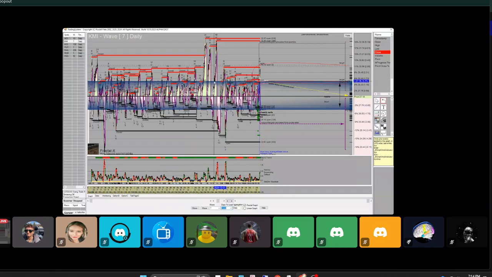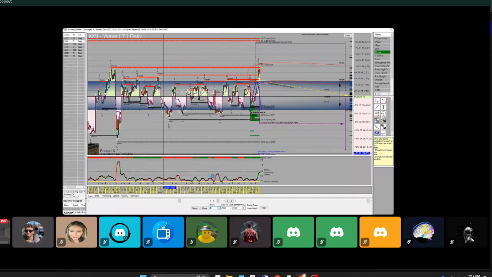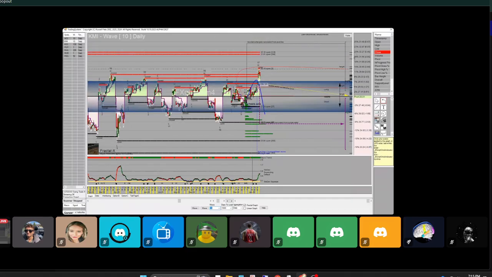Like here, it broke above the blue area and then made a huge explosive move way up here. Same with this here, and then a couple more times. And now here, we're experiencing that again. Even though it seems overextended on the wave 7, the wave 3, I'm gonna look at the bigger picture, the higher time frames. And I'm pretty sure this name is just getting started in terms of expanding higher.